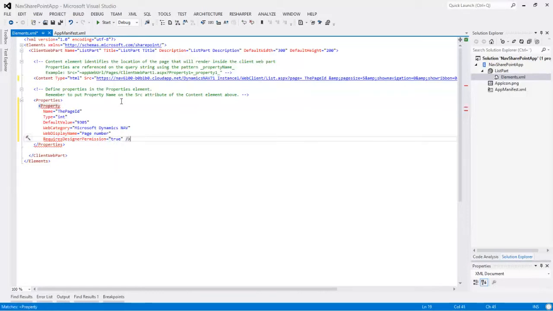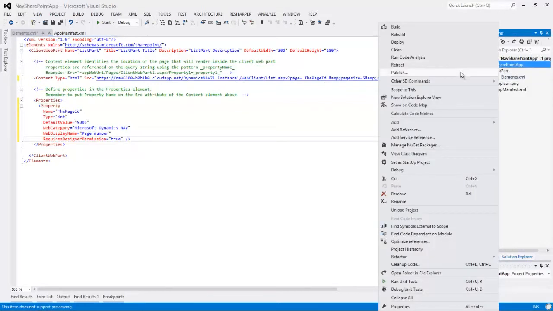And we're done. So with this we can deploy the app again, we start by publishing it.